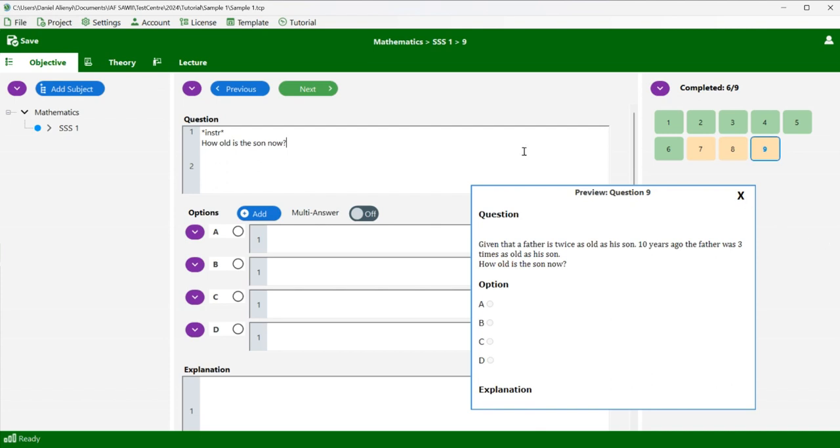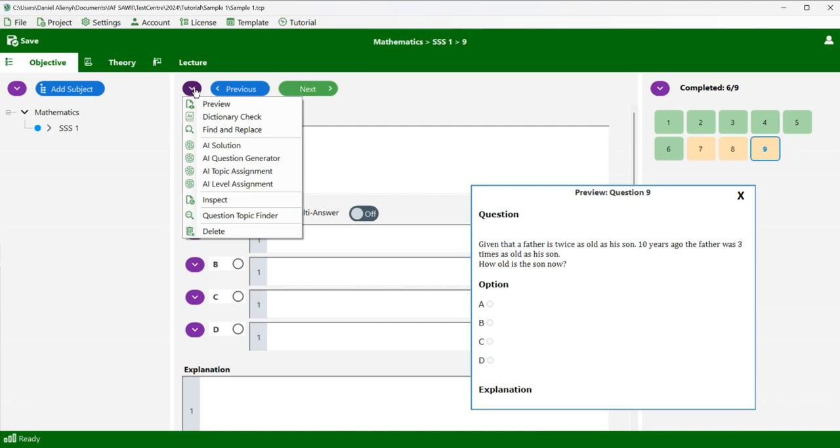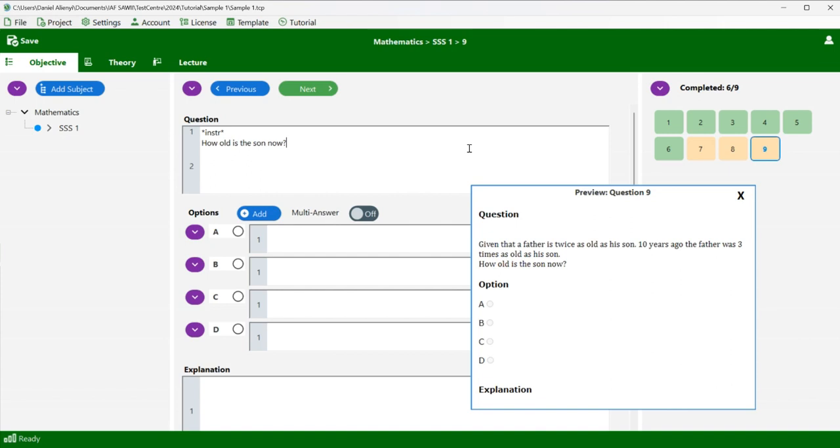So the next thing I'm going to talk about is all the names here. Not all, the key ones. I'm going to leave out some which we discuss later. So I've talked about preview. Preview allows you to see how your question will be rendered to the user, or how the CBT engine will render your question. So this helps you to know if there are issues, if there are typos, and all of that. So for example, if I type